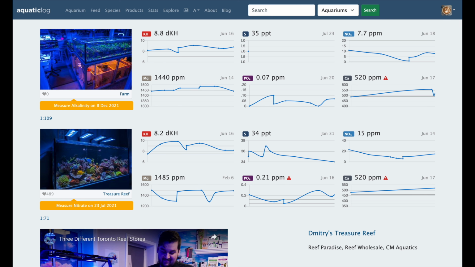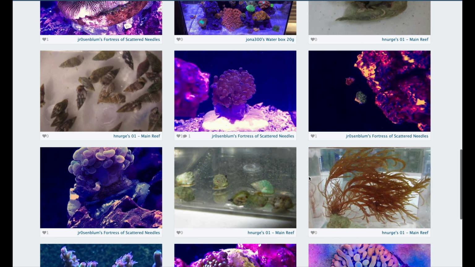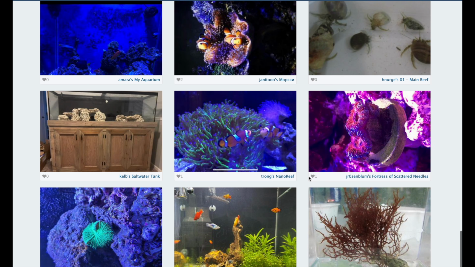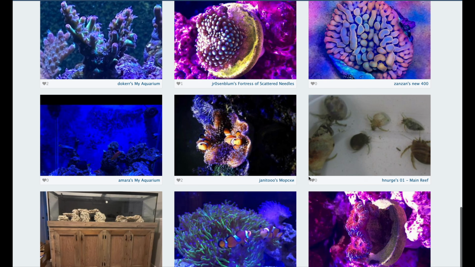Here I want to talk about AquaticLog, which is both a website and an app for iPhone and Android that I developed myself. This is something that I've been working on for almost 10 years. I think by the end of this year it's going to be exactly 10 years old. There have been over 2.5 million measurements taken with the site, and this is something I use daily. It is being used by tens of thousands of aquarists all over the world, and everything that you see here